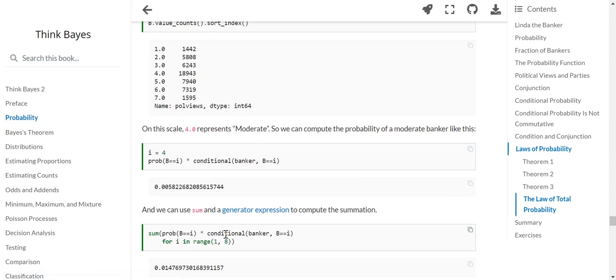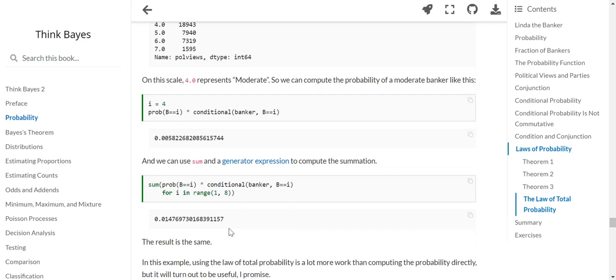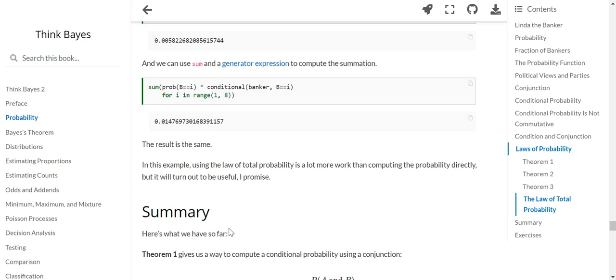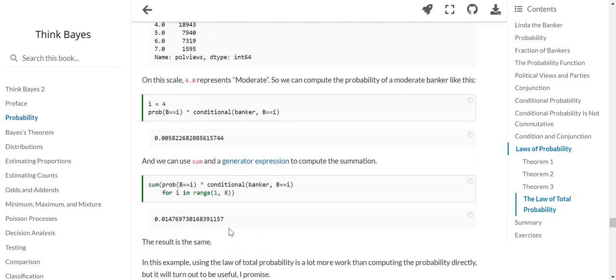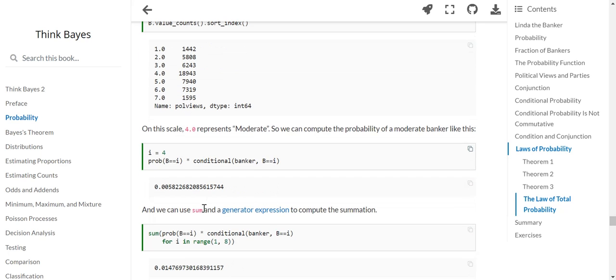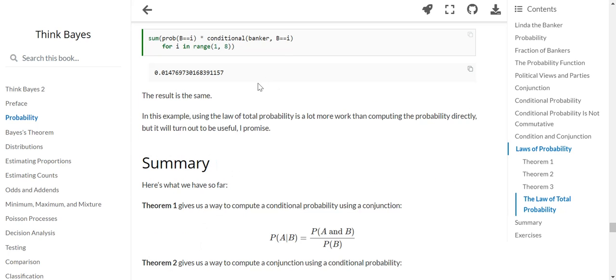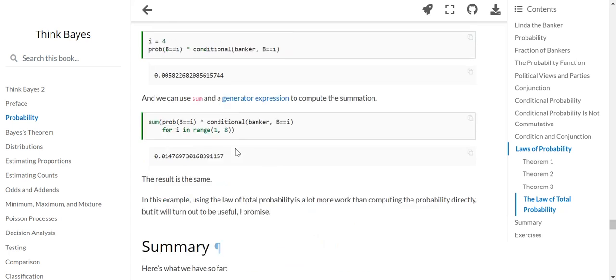We can also use another way to compute this, and I don't think the results are the same, right? This value and this value. Let's just think about it. In this example, using the total,